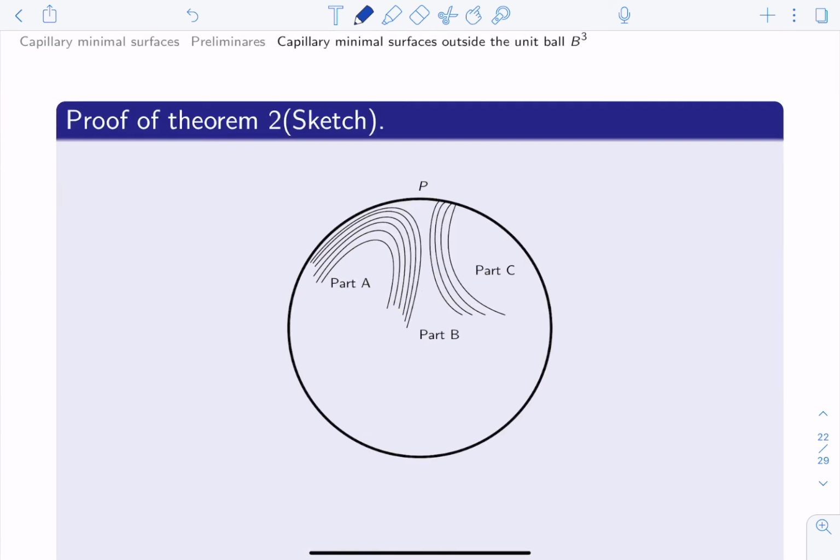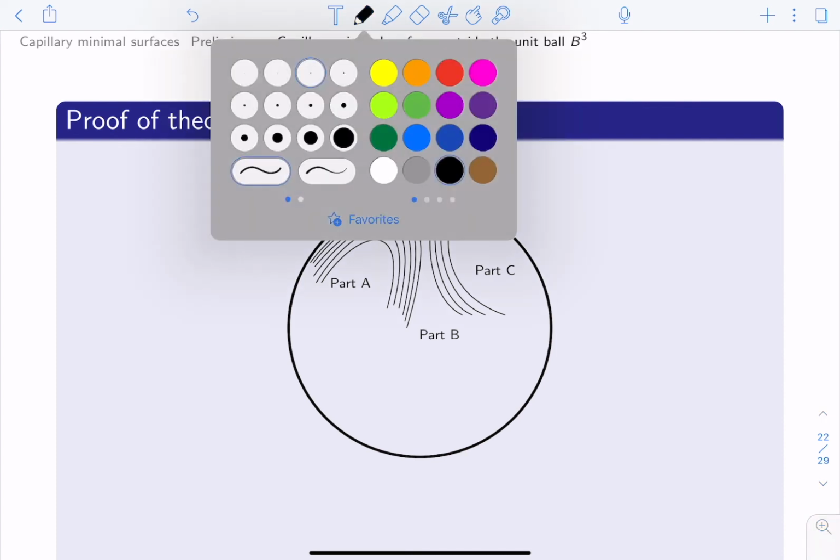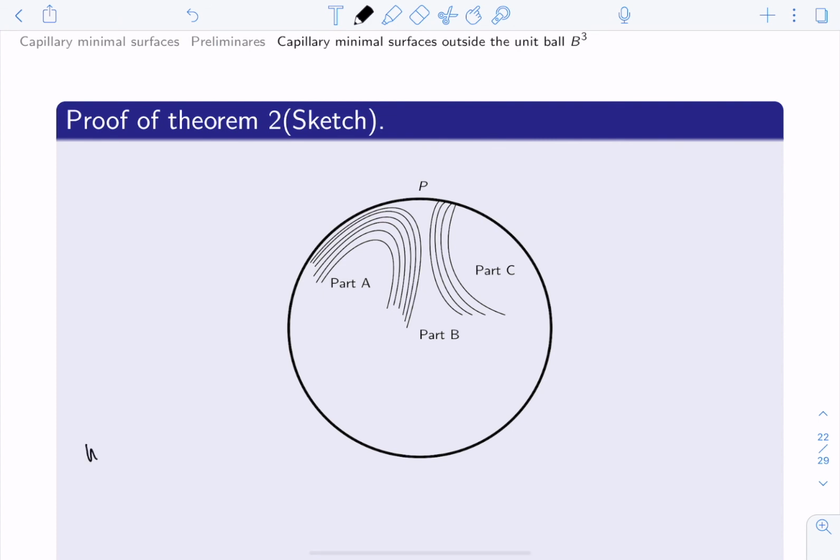So we now look into the proof of theorem 2. In the case where the surface has an end asymptotic to the end of any surface, we do not have lemma 2 here. So we have to be careful that we don't have lemma 2. It means that we can now have a possibility for the surface having a boundary umbilic point. So we now